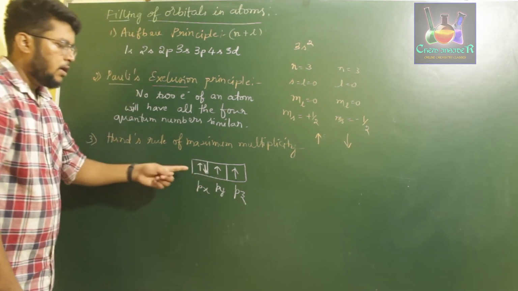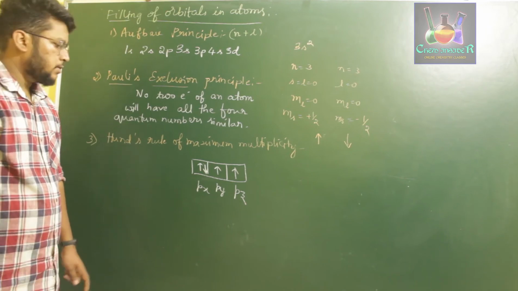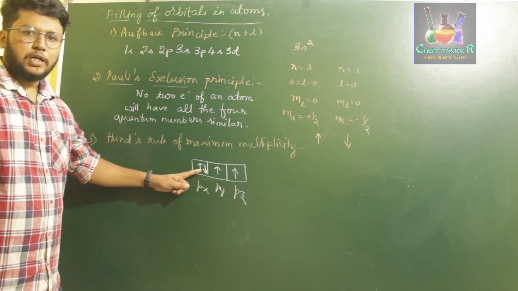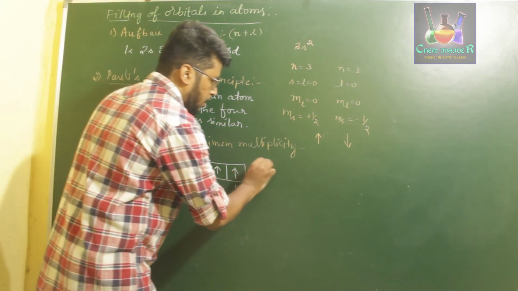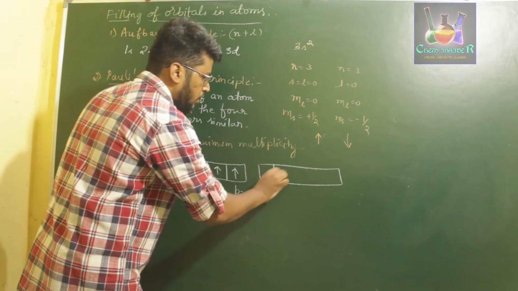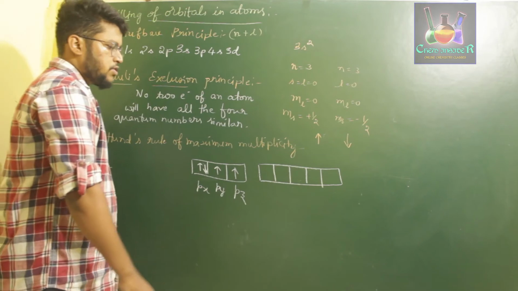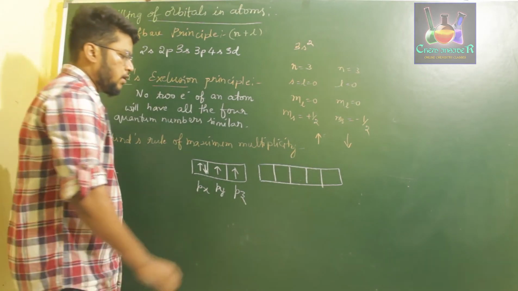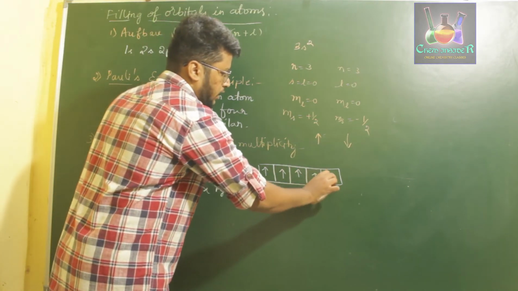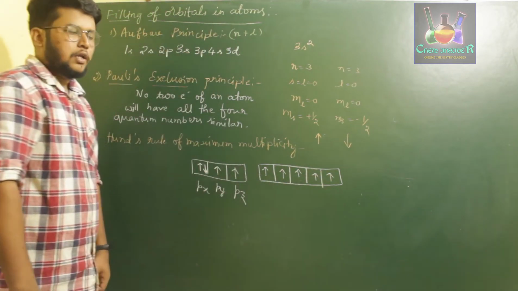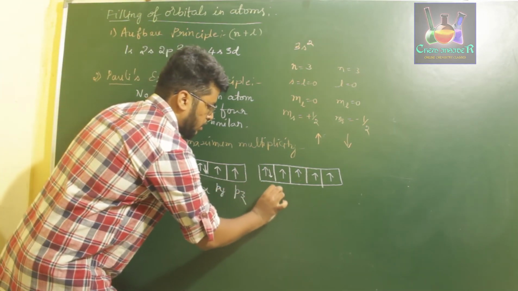For p orbital, pairing starts from the electron which is entering at the fourth. So the fourth electron will initiate the pairing in case of p orbital. Similarly, if you take d orbital, the d subshell has 5 orbitals. Here, if you start donating electrons to these orbitals, the first electron enters here, second here, third here, fourth one here and the fifth one here. Now pairing starts. For the d orbital, pairing starts at the 6th electron.